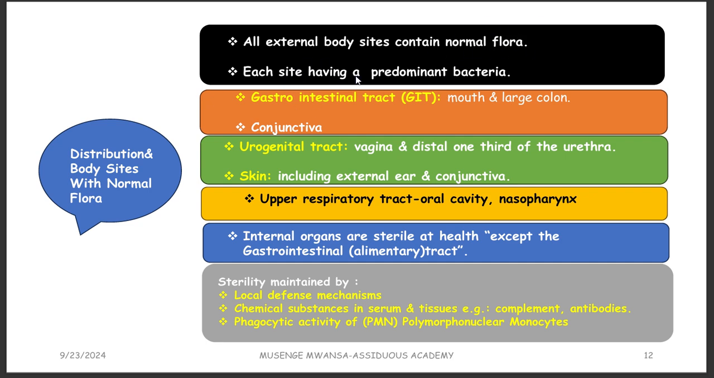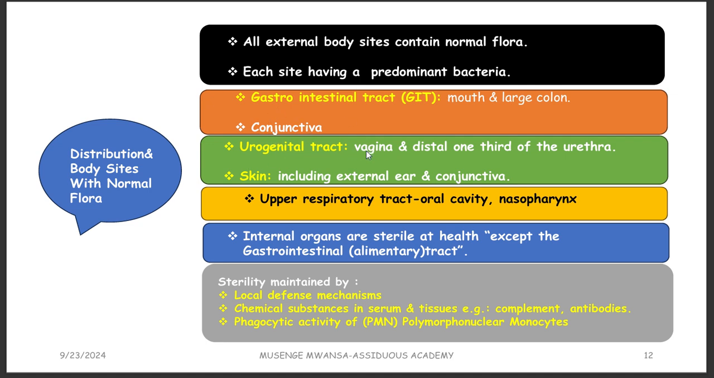So it's considered external. Each site has a type of bacteria that is predominant. It's not the same. For example, I've got the GIT, the mouth and the large colon, the conjunctiva, the urogenital tract, the vagina, and the distal one third of the urethra. Please take note: vagina, distal one third of the urethra. You know the meaning of distal? The end of the urethra where it comes out of the body. Just the distal one third, because the more inside you go, the more sterile it is. It doesn't have any bacteria. So only the distal one third of the urethra has bacteria,